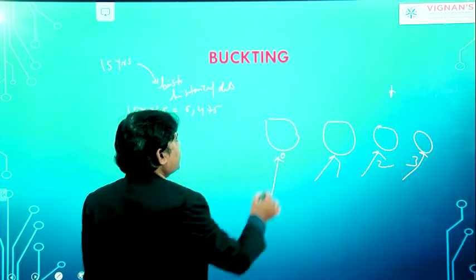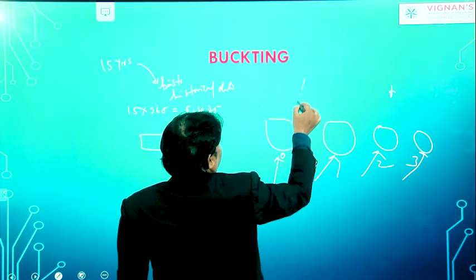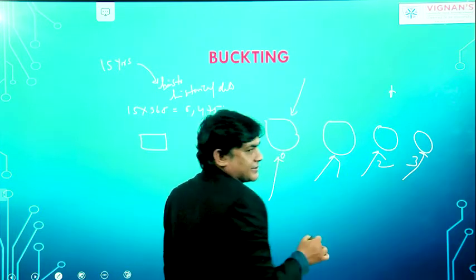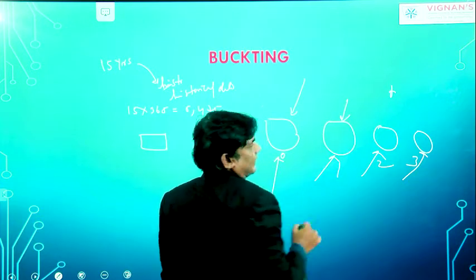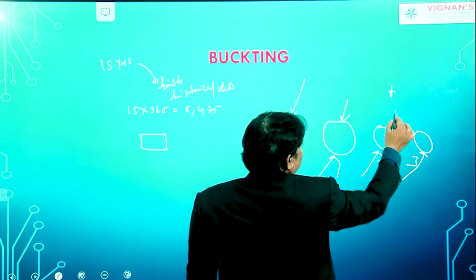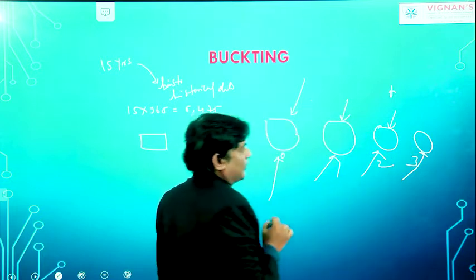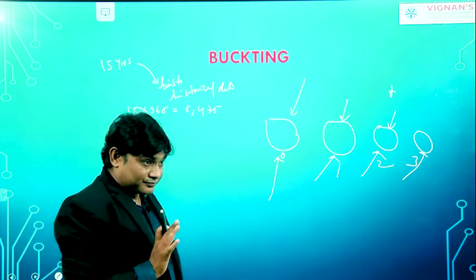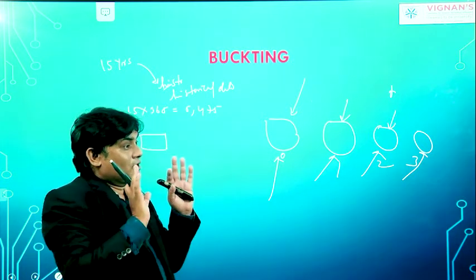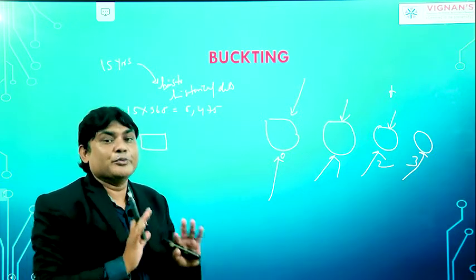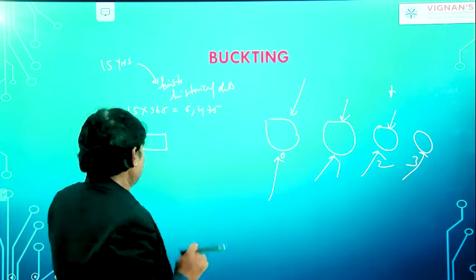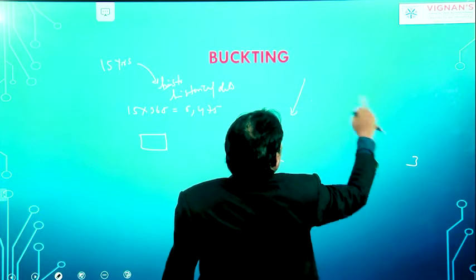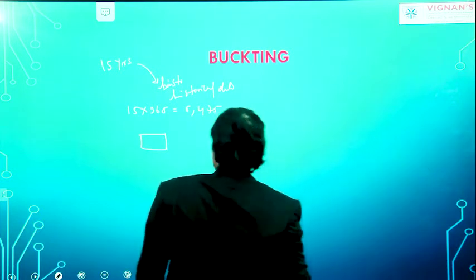If my data is available in bucket 0, I can give queries to bucket 0 and I get the data. If my data is in bucket 1, I simply make queries on bucket 1 and get the data. If my data is in bucket 2, I give queries and get data from bucket 2, and like that. So this bucketing will help you improve performance, and it also tries to reduce the number of partitions. No need to make many partitions when using bucketing. Now we're going to see how bucketing works, one by one.